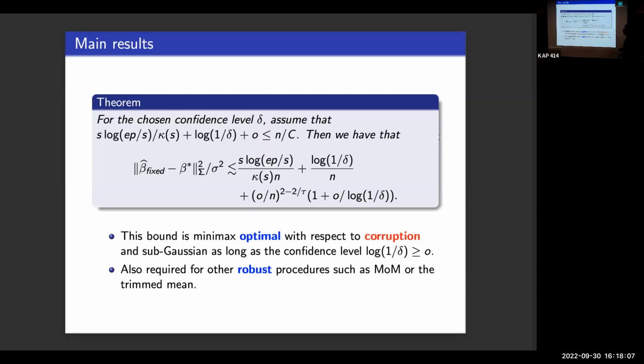It turns out that we can probably make things work, using Lepski's method on top of this. I'm sure we can. But just for this estimator, the way it is, it would require log 1 over delta to be larger than O to be fully optimal. So meaning that actually we improve what Dalalyan and Thompson did. We now have this fully adaptive method that works for any type of noise, not simply sub-Gaussian, that is optimal and that also has sub-Gaussian deviation. So in some sense, it really generalizes what they've done in a fully adaptive way. So that's for the fixed level one.